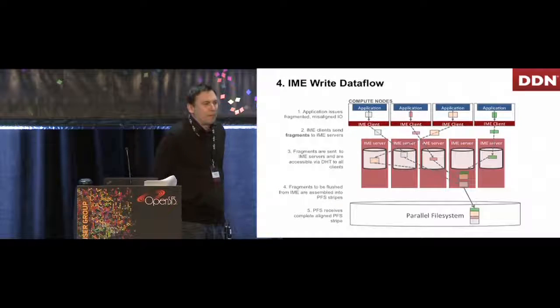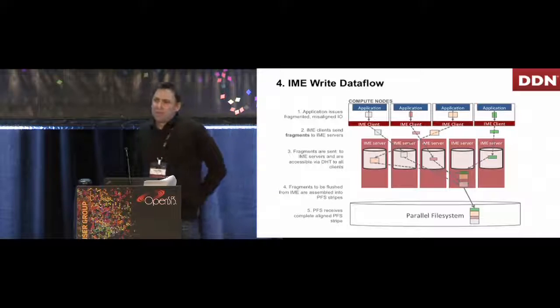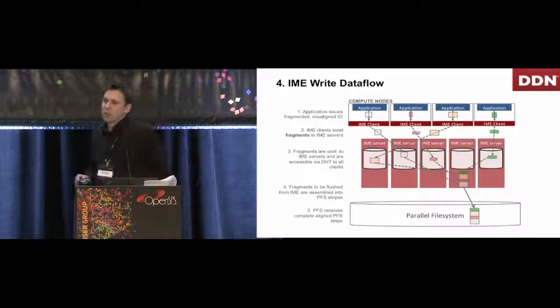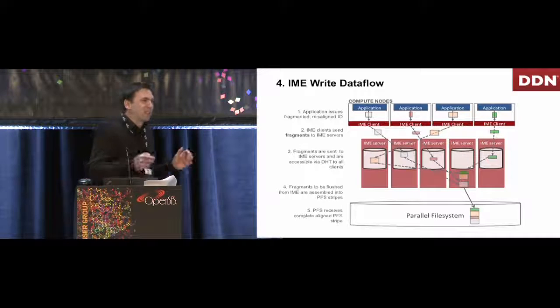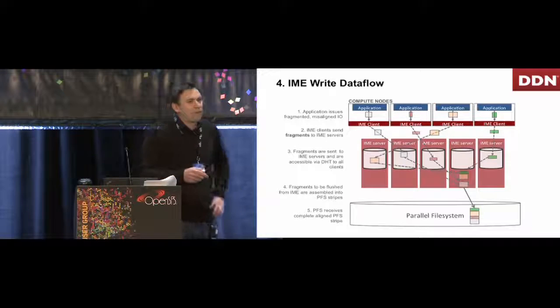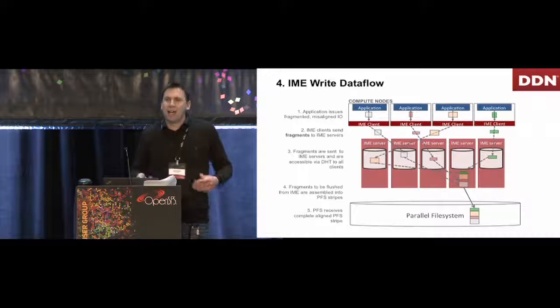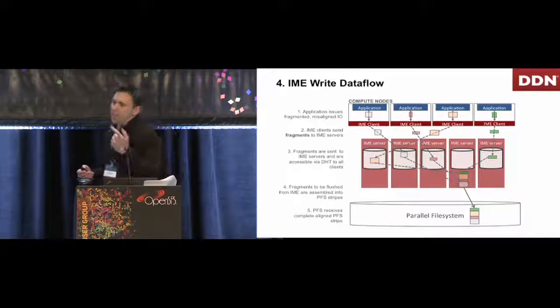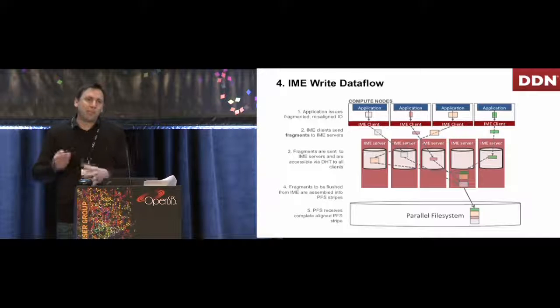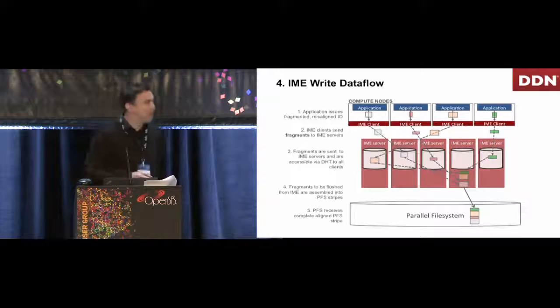And here's a little bit more detail about how it works. There are many points I can try and pull out, but the one I'd like to make clear is within IME, within the namespace of Lustre, we treat each fragment as it's issued from the application as a fragment. So that means there's very few operations that take place from when an application issues some I/O to when we make it safe on this SSD tier.